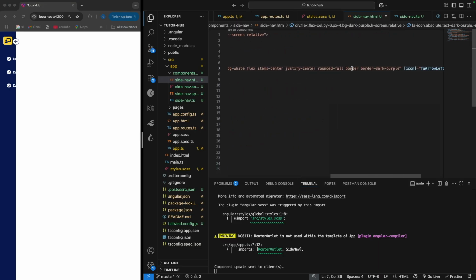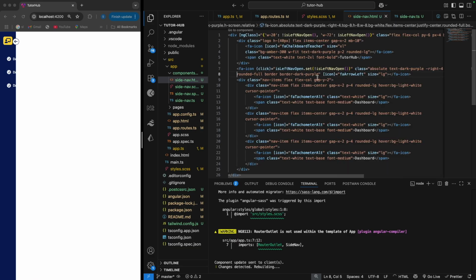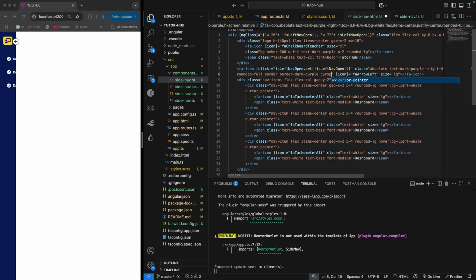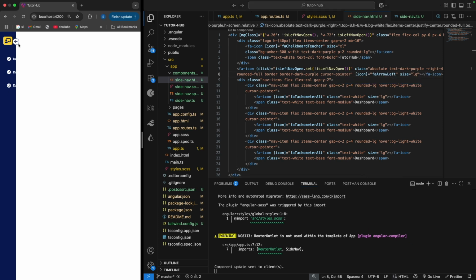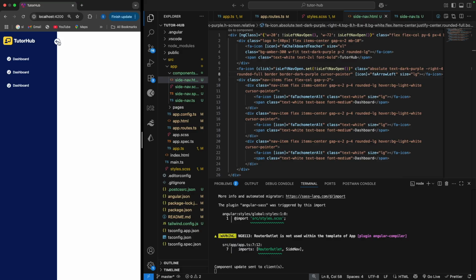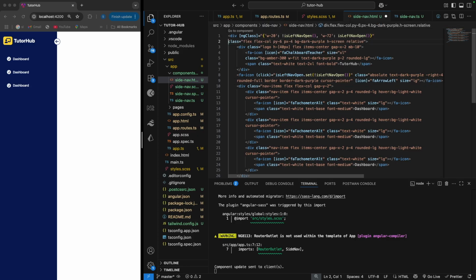But we also want, in here, so if I do this, in here I also want to have a cursor pointer, right? So that when I hover on this, it actually has that cursor pointer. Okay, interesting. So that's basically all good, but we want to also do some sort of animation, right? So let me just send this to the bottom. So we also want to have some sort of animation to the opening and closing of that